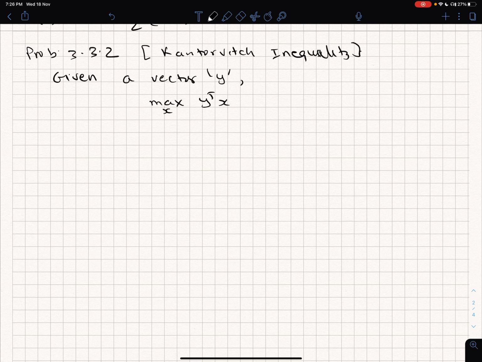So x is the variable, subject to the constraint that x transpose Qx is less than or equal to 1, and Q is a symmetric positive definite matrix. Therefore x transpose Qx is always greater than 0 for x not equal to 0. In particular, we are choosing the constraint that x transpose Qx should be less than or equal to 1. Now what we have to show is, first,